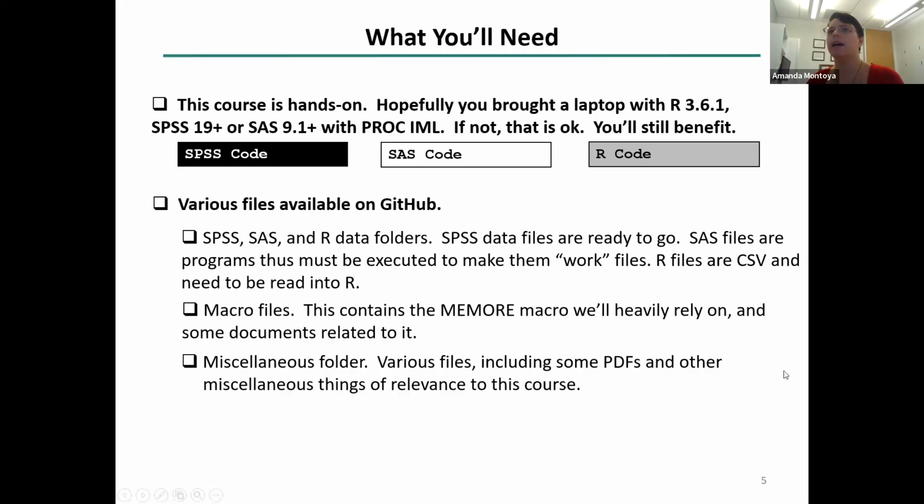The last thing that I want to mention is this is a lot of material for 2 days. It's 8 hours of learning, so it may require a lot of stamina. One thing that I think is great about the way Statistical Horizons does this is all of these sessions are being recorded, and you will have access to the recordings for a period of time after the workshop is over.